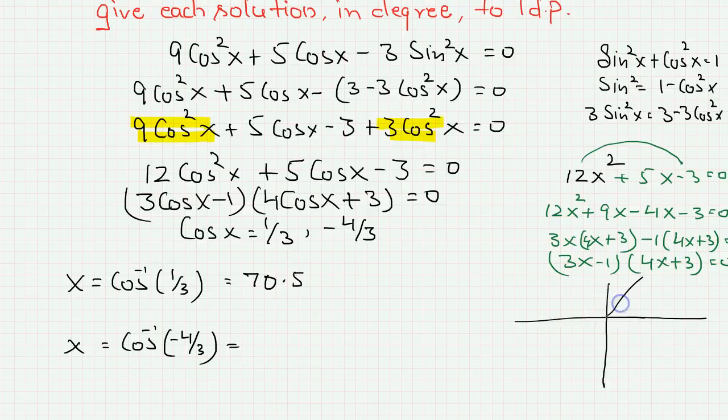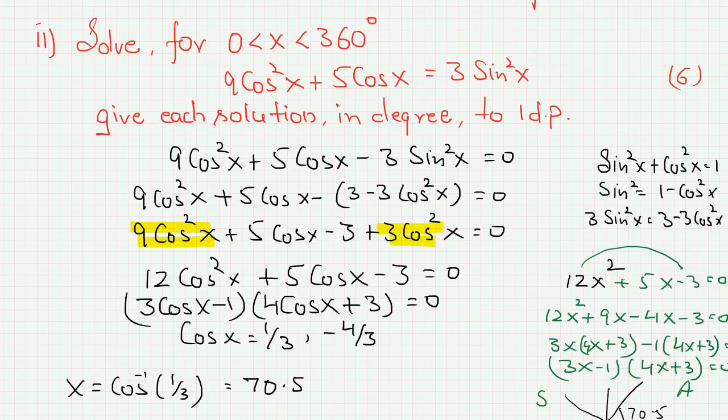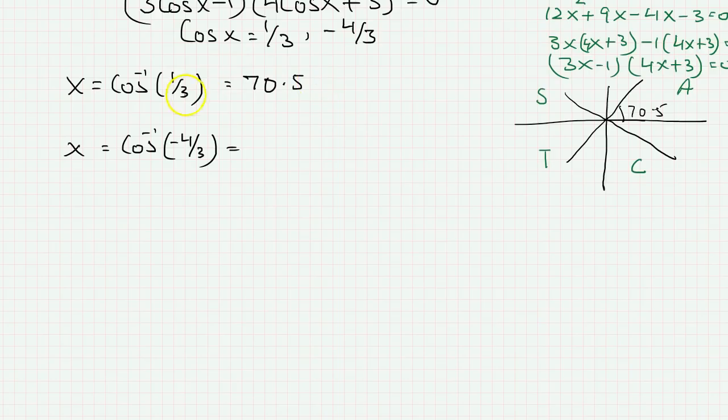70.5, this is 70.5 and this is a cos, so this is A S T C, and theta is, in this question, theta is 360. So cos is positive here and cos is positive here, so one angle will be this 70.5, then another is